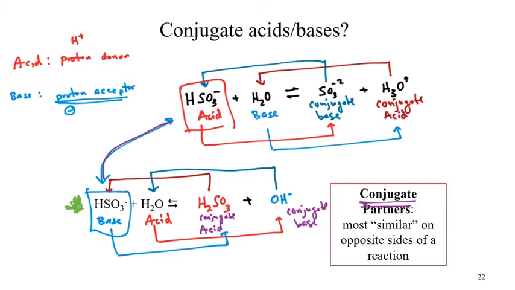Why can it do both of those things? Well, the definition of an acid was that it can donate a proton. Does it have a hydrogen to donate? Yes. So it makes sense for it to act as an acid, so the top one must be correct, which I'm going to bet is probably the one that you guys wrote out. So why not write the bottom one? Well, let's look at the bottom one. What does the bottom one have? Well, the bottom one is HSO3 minus. Well, bases are negatively charged, so it should act as a base.